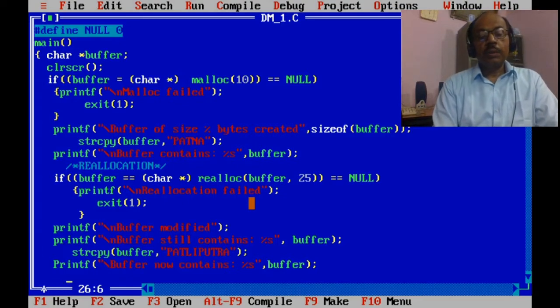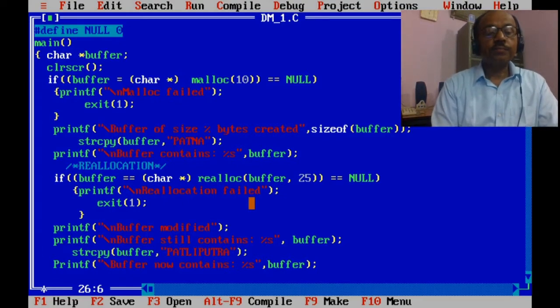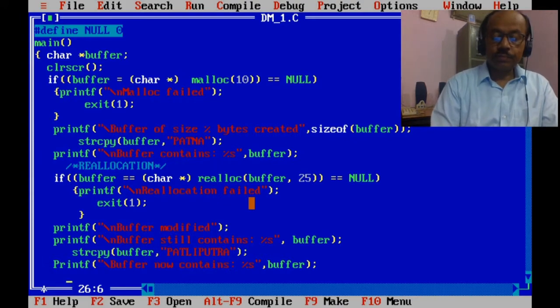Now it is our responsibility to free the allocated memory.